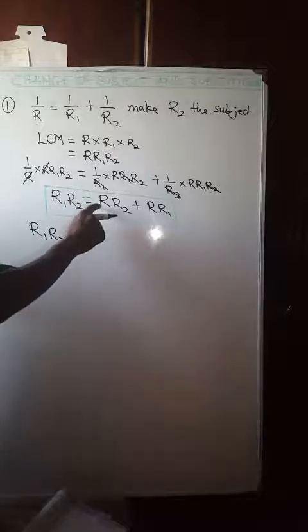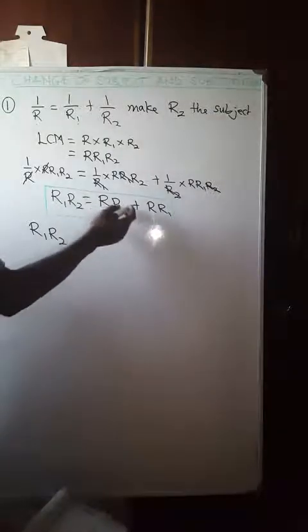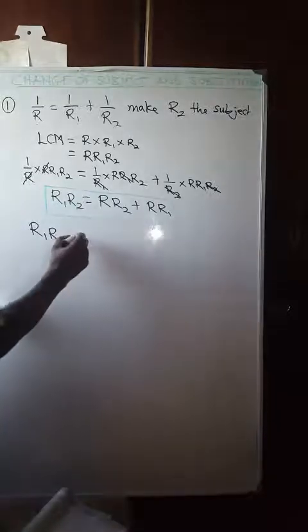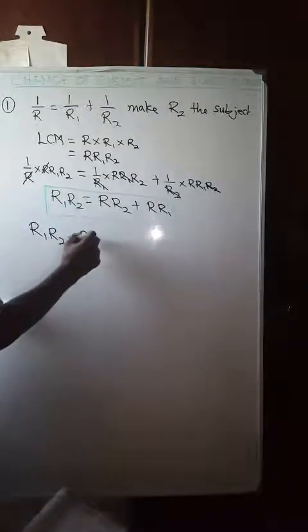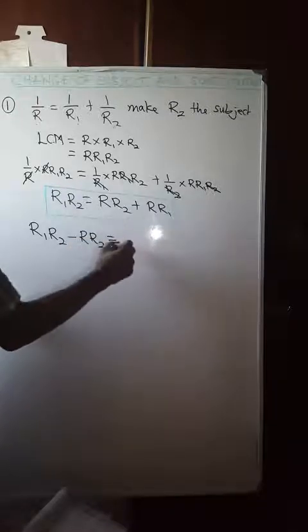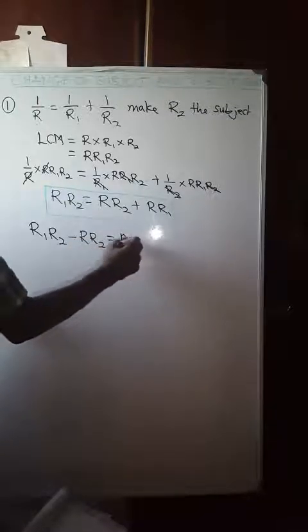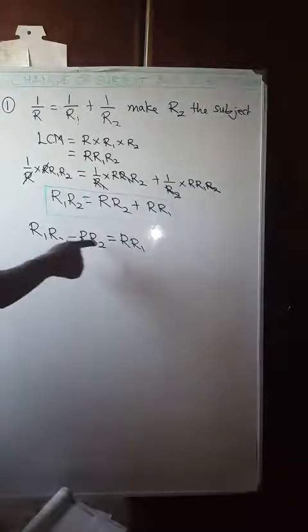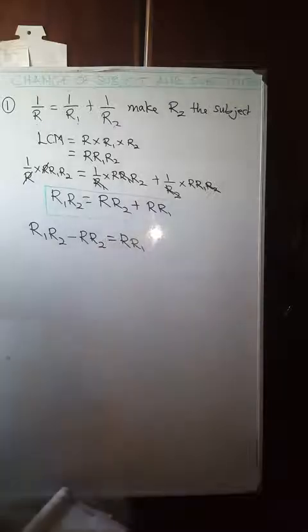And look at the operation sign. This is positive. The R2 is positive. So when it crosses the equal to sign to the left hand side, it becomes negative. That is minus R R2. And we are left with R R1 on the right hand side. Now the explanation for this being negative can be